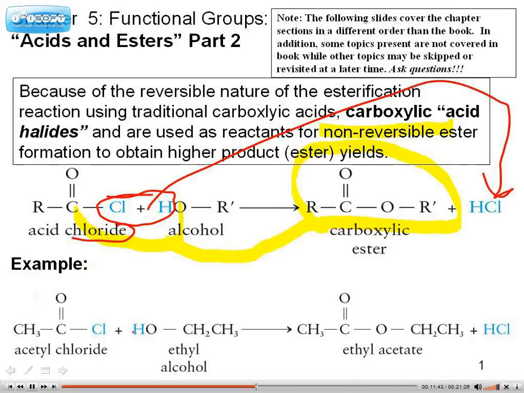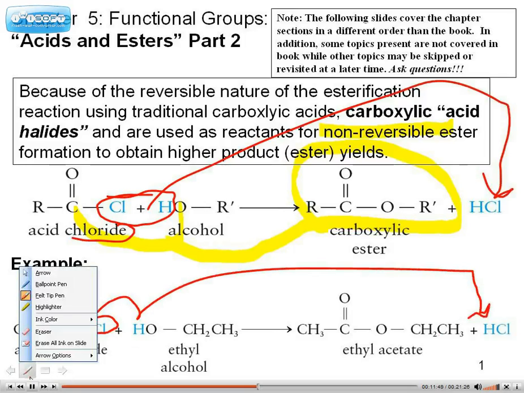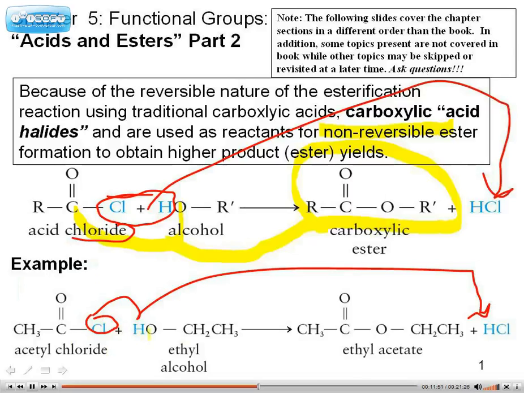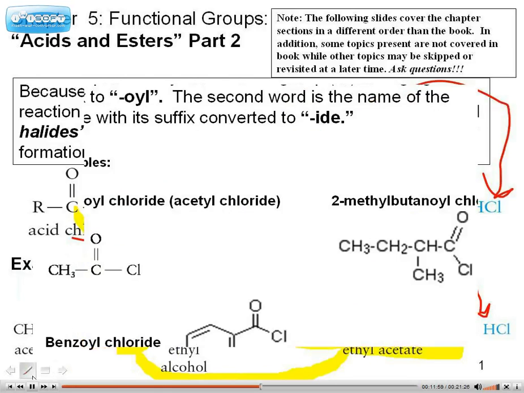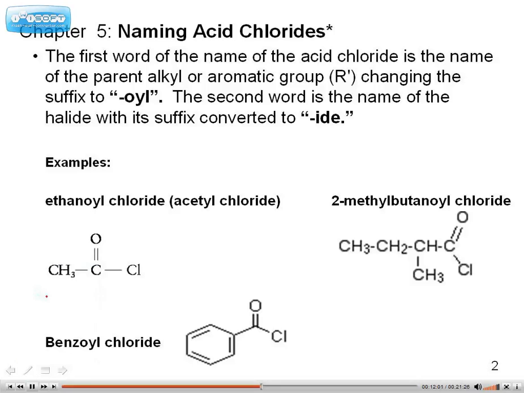Here's another example down here. Chlorine, hydrogen, forming the HCl. And then we have the leftover oxygen and carbon coming together, forming our ester product. Again, reviewing the name. So the class in this case is acid chloride. As far as naming it,